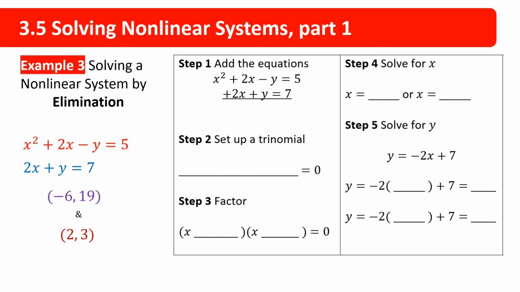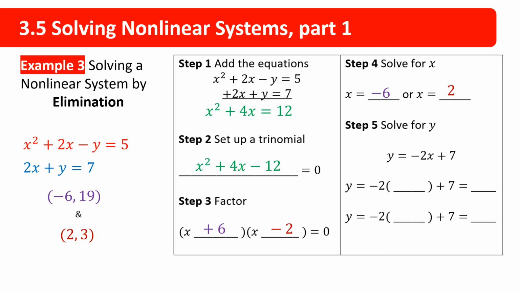So in step 1, if we align those and add, we should get x squared plus 4x equals 12. And then again, if we bring the 12 to the left-hand side, we get this nice trinomial. And that factors just like we did when we got the substitution. We get x plus 6 and x minus 2,